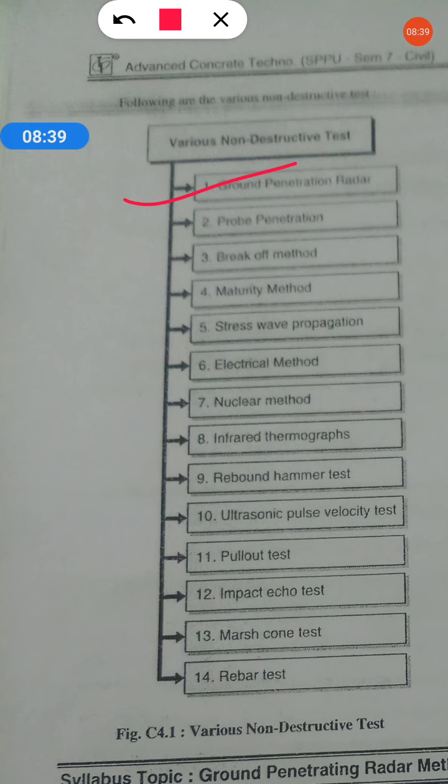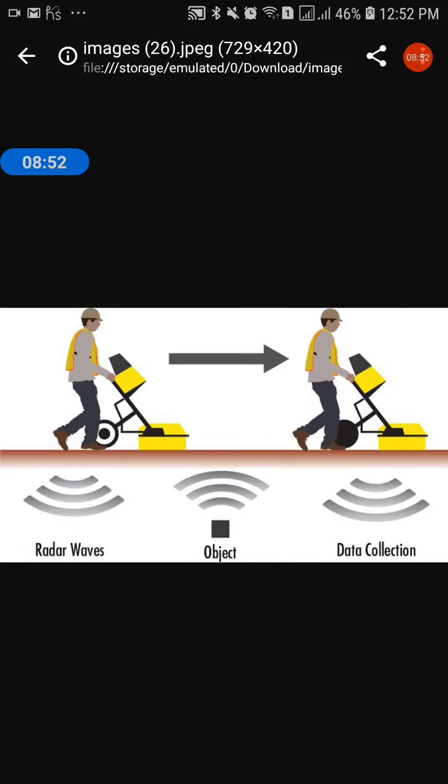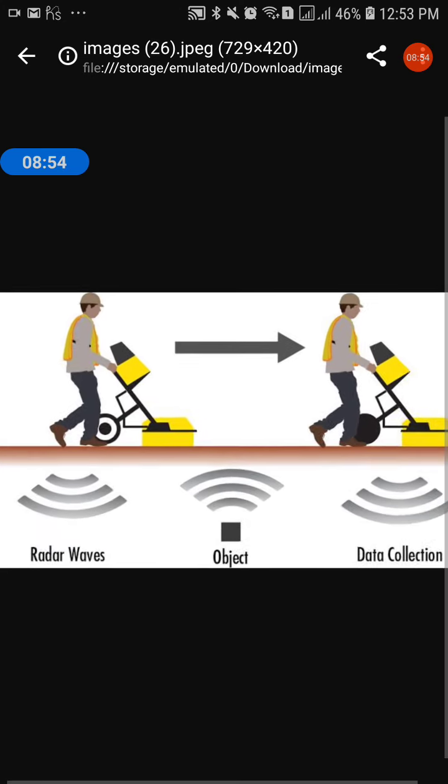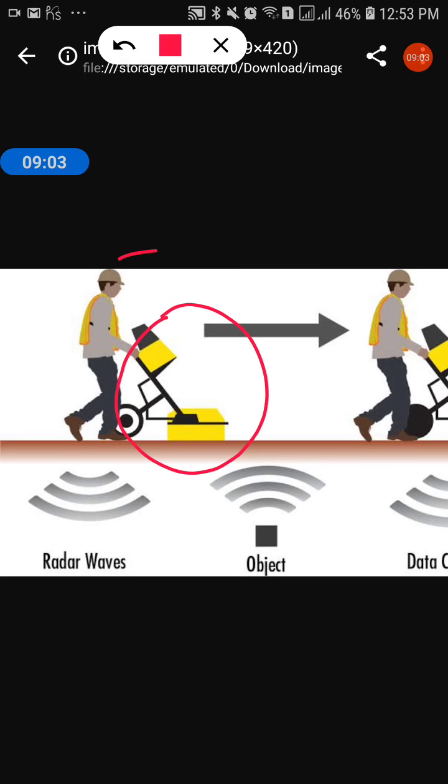Okay, see one picture. This is the instrument here, GPR, ground penetrating radar. The radar is situated somewhere here.